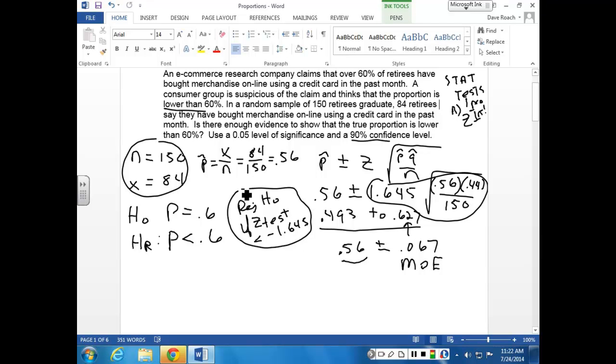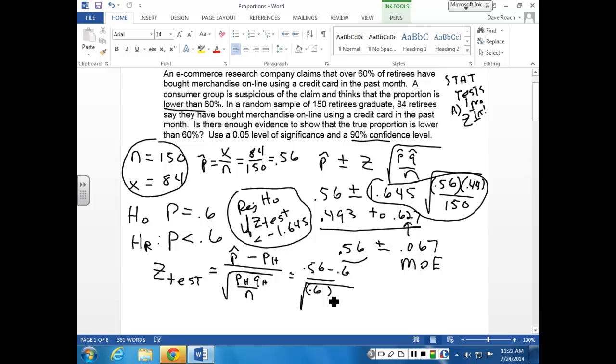And our calculation of z-test would equal the statistic minus the hypothesized parameter divided by the square root of p0 q0 over n, or 0.56 minus 0.6 divided by the square root of 0.6 times 1 minus that, which is 0.4, over 150. I'll calculate that in a minute, but right now what I want to highlight is that the standard errors